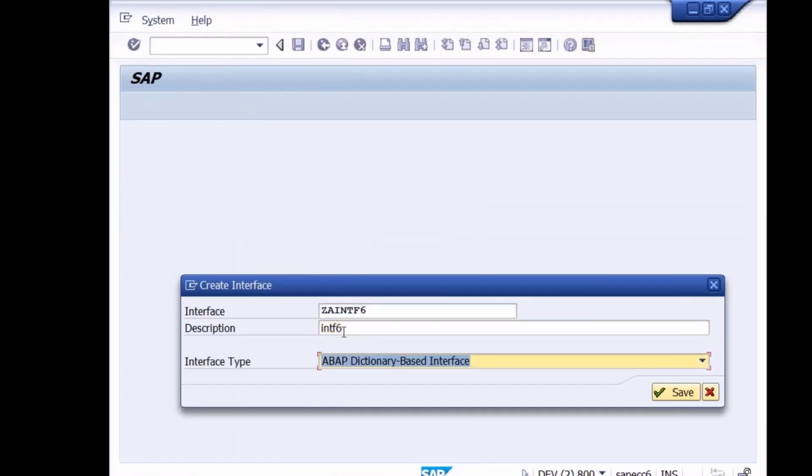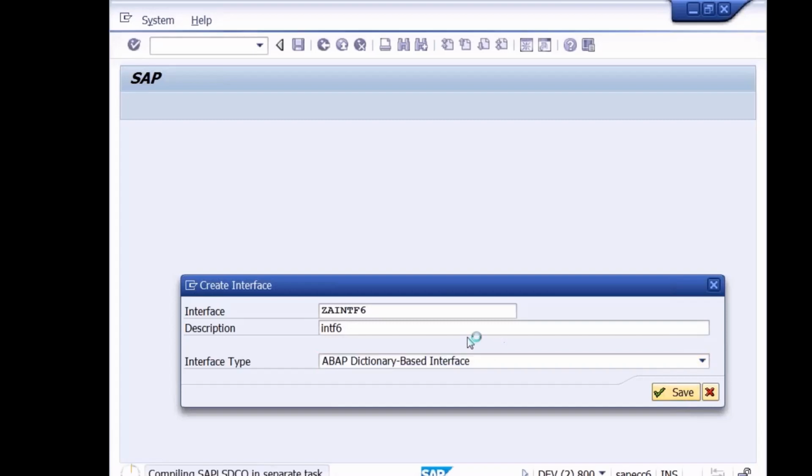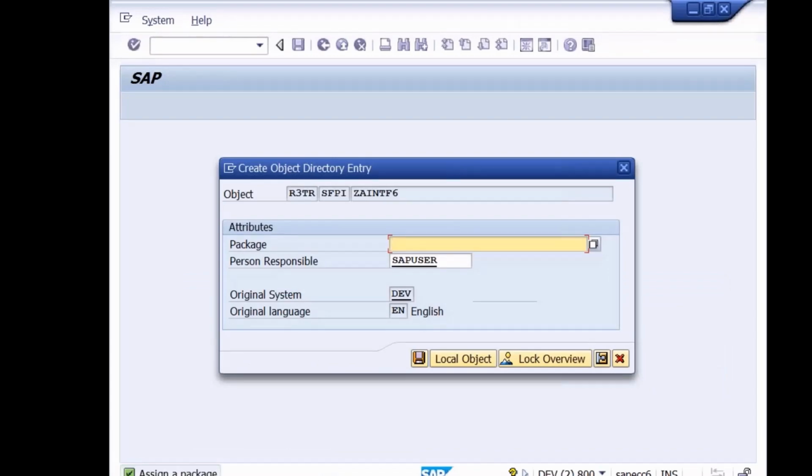Type of interface is what? ABAP dictionary based interface. I'll save it in the local object.